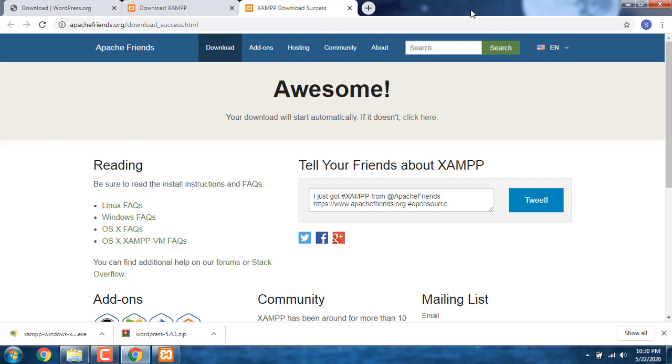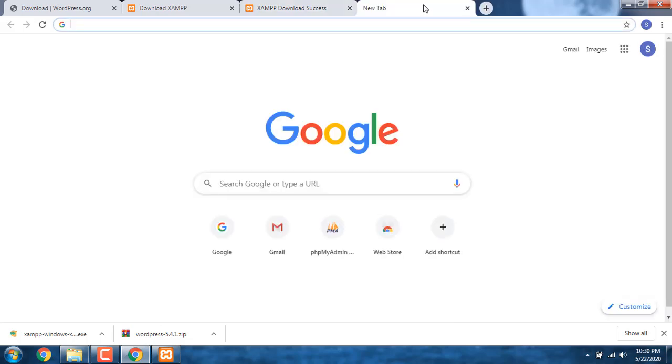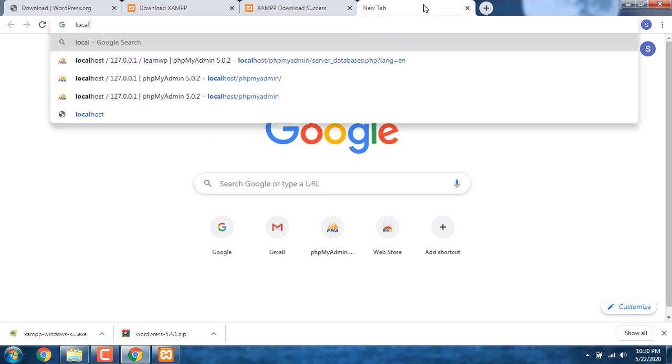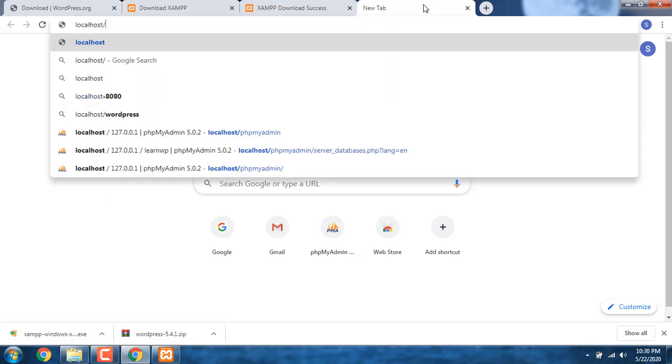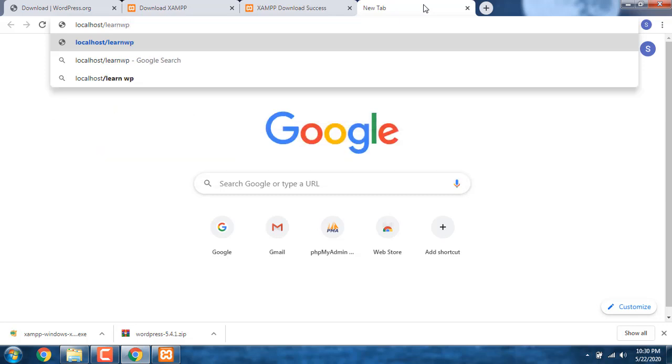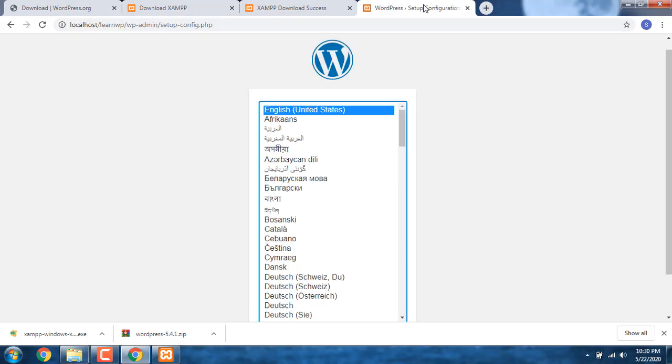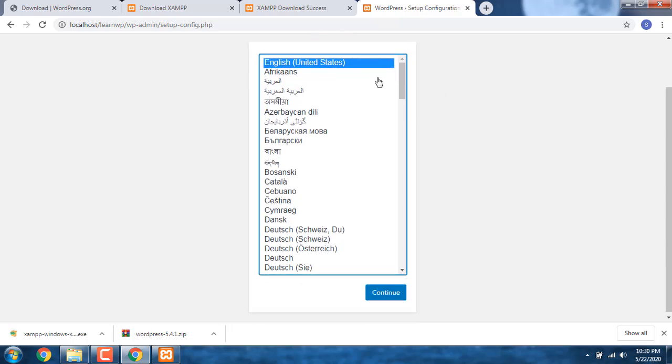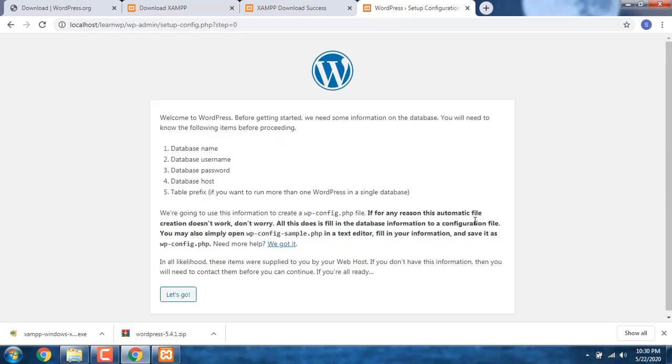Now to install WordPress, go to your website. To access your website in the browser, you will write your server name, which is localhost, then slash and your folder name or your project name, which is LearnWP, and press enter. Now the installation process starts. It will ask you for the language. You will select English and click on continue. Now it will ask you for the configuration of your database, which we just created. Click on let's go,